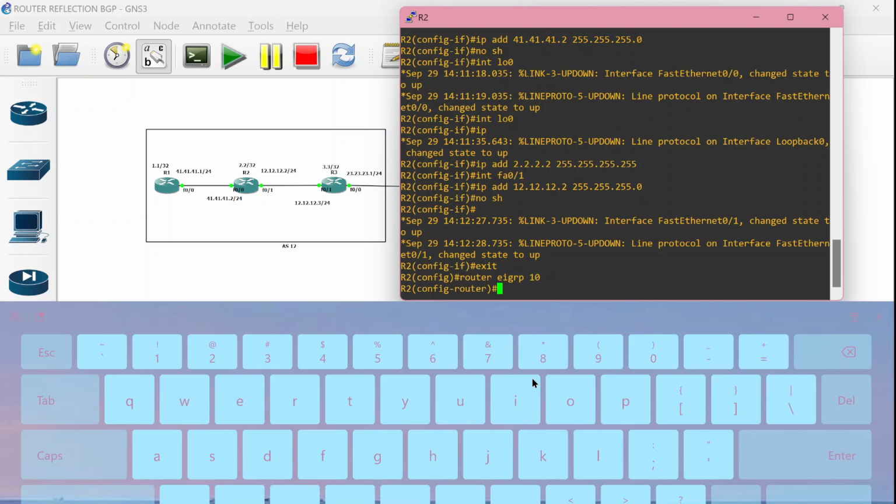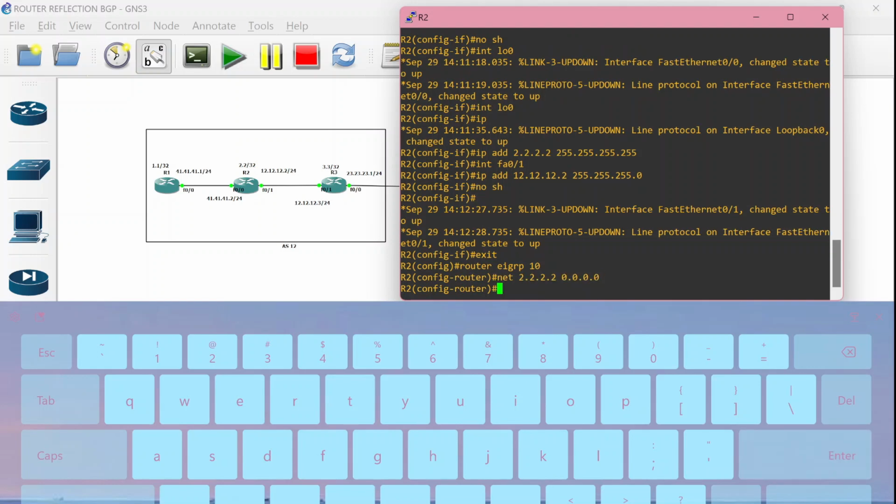Okay guys, after that we can make the IP the same as router number 1, but here it is 2.2, because this is router number 2, and don't forget to use the subnet mask 255.255.255.0.